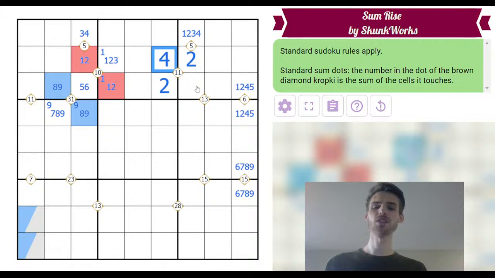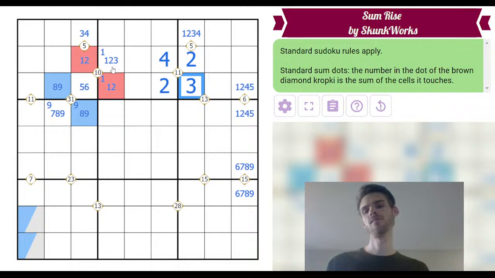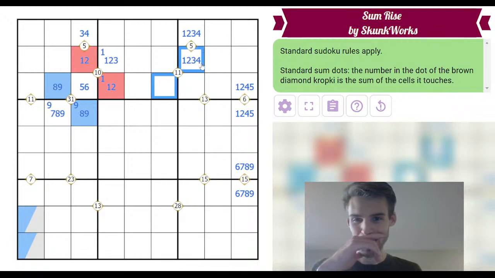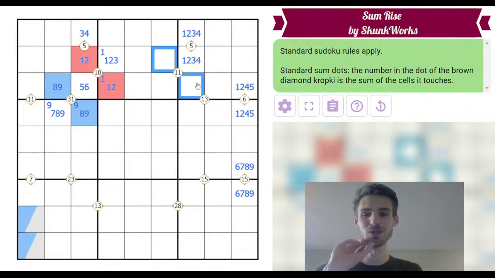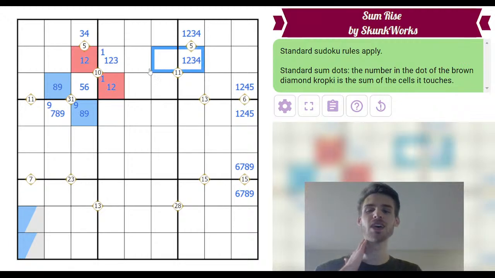Wait. So if we did 4 and 3, that would be 11. Okay, this is just bifurcation. I was just trying to illustrate something, but that's just bifurcation. So we can't do double 2 and double 3, obviously, because it doesn't add to 11. But we definitely can't put a 2, 3 here. One of these cells is at least 4. Can it be greater than 4? I don't think so, because if you